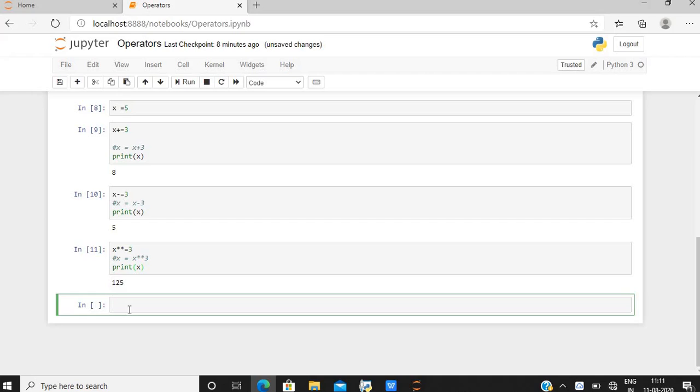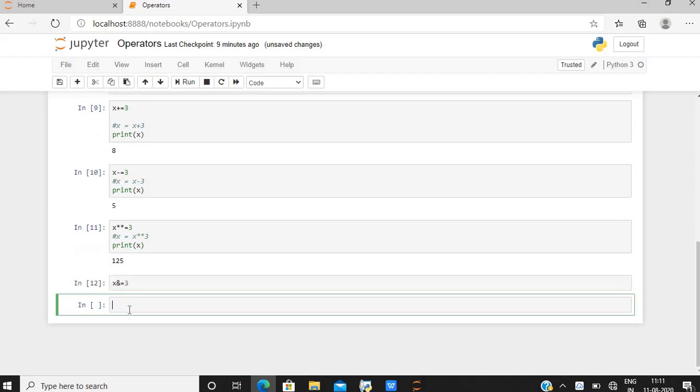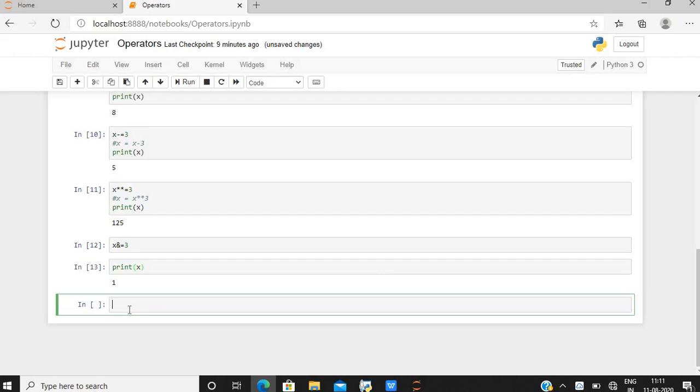We can also perform the operation x modulus equals 3. Let's print the value of x. It's 1.